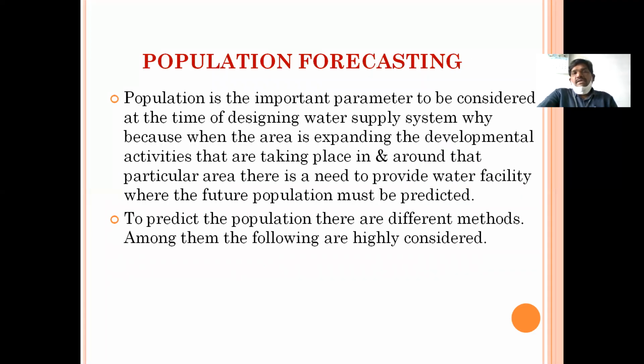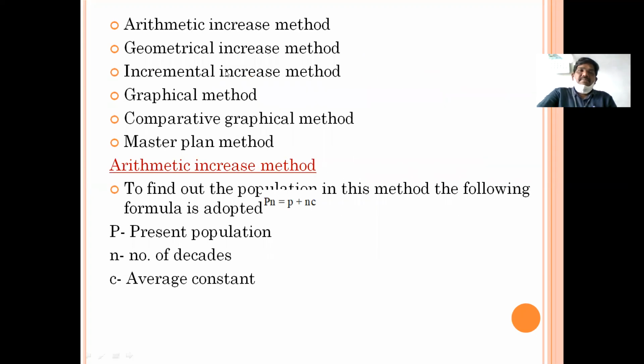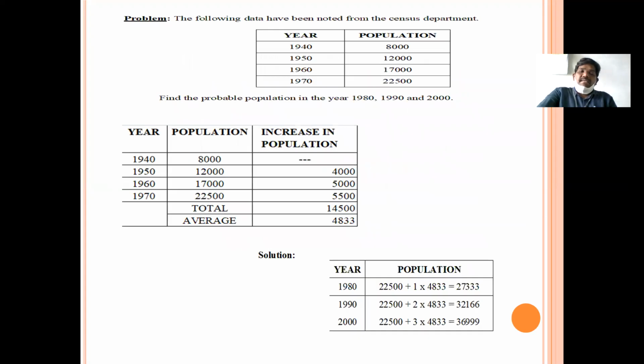Along with, we are there in the topic population forecasting, which is connected to water supply system. In that, we have learned, or else we discuss, three methods: arithmetic increase method, geometrical increase method, incremental increase method. See here, we just discussed with a problem that is available in your textbooks. Later on, we will practice various such type of problems